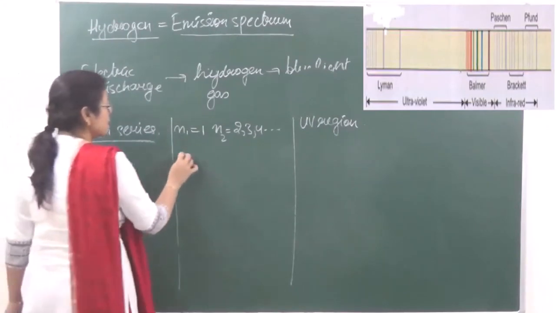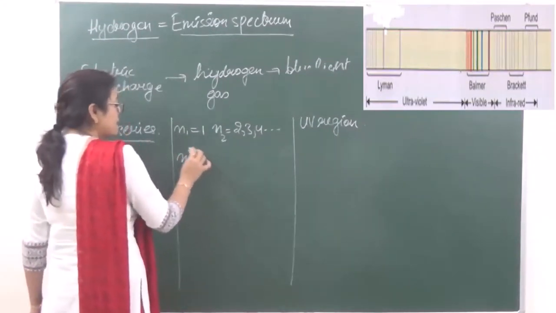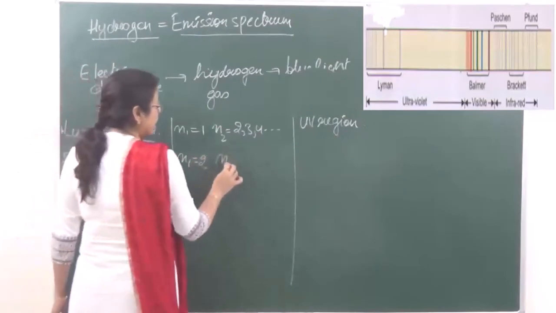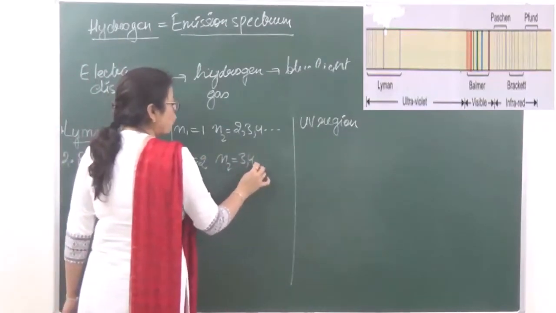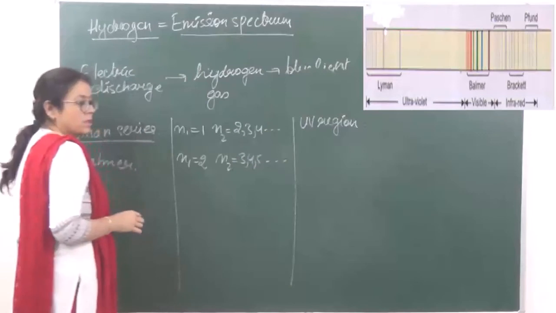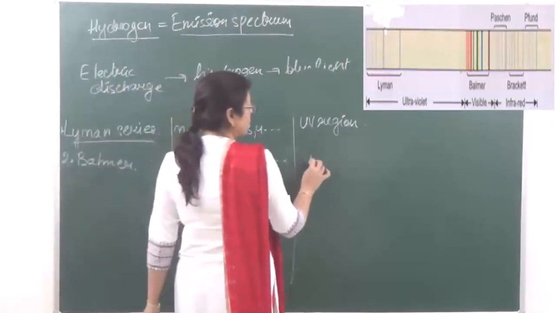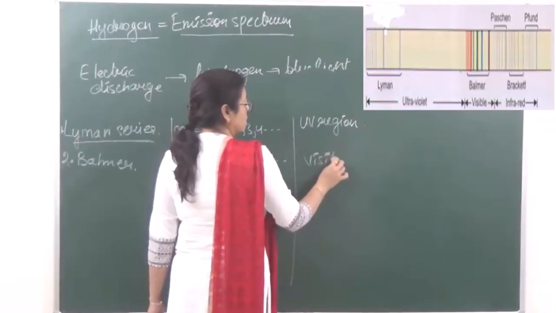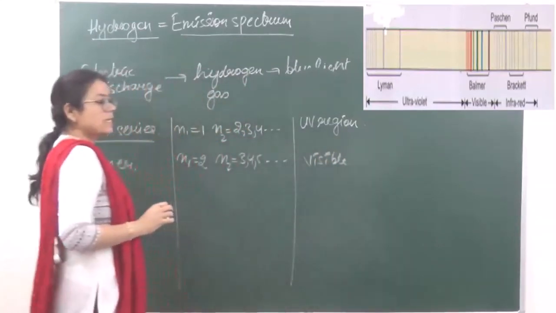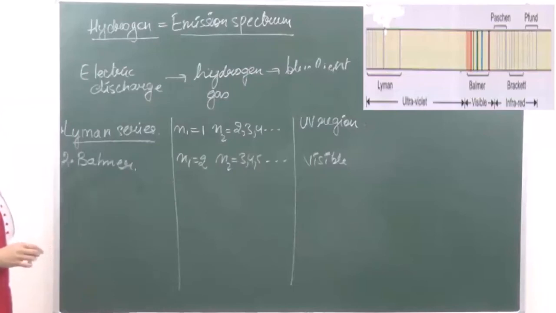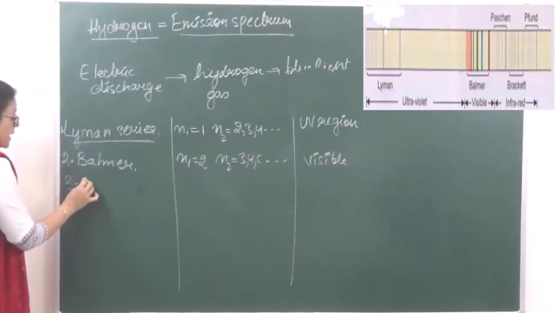For the Balmer series, N1 is equal to 2 and N2 is equal to 3, 4, 5 and so on. The Balmer series is the only series which falls in the visible region. It is the only series which falls in the visible region. Okay, after that, the next one which we have,